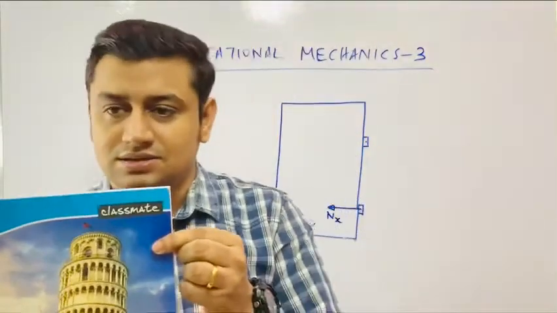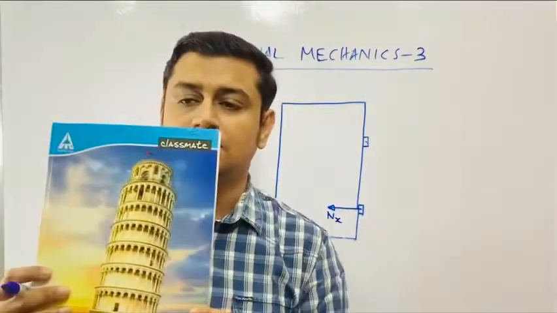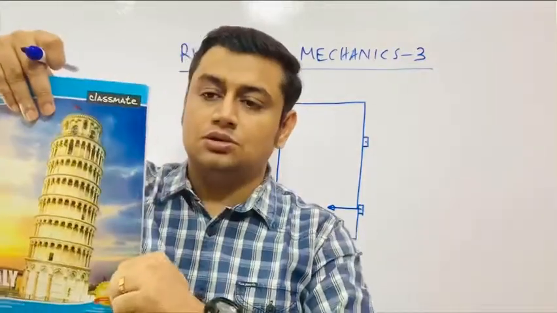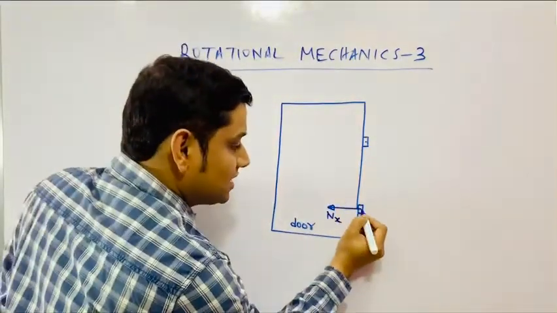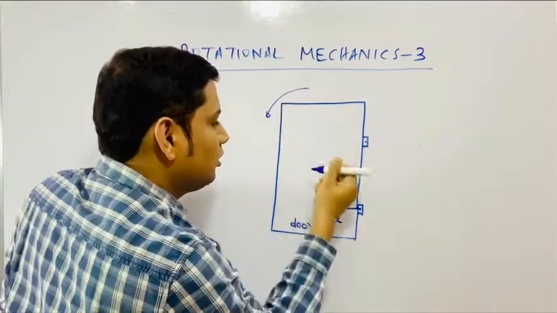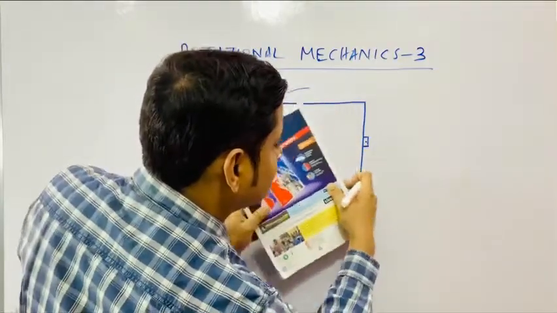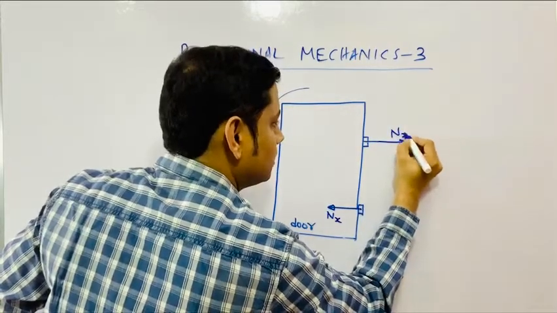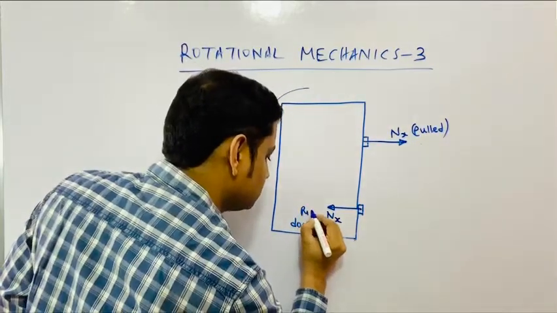Now take another case. Remove this hinge and leave it. Once you remove this hinge, this door would start to fall down like this. If the hinge is here, this would rotate and fall like this. That means about this hinge, if this hinge is not there, the door would have fallen in the anti-clockwise direction. So mg would have an anti-clockwise torque about this. This end is trying to separate from this, so this must be pulled. And this is pushed.